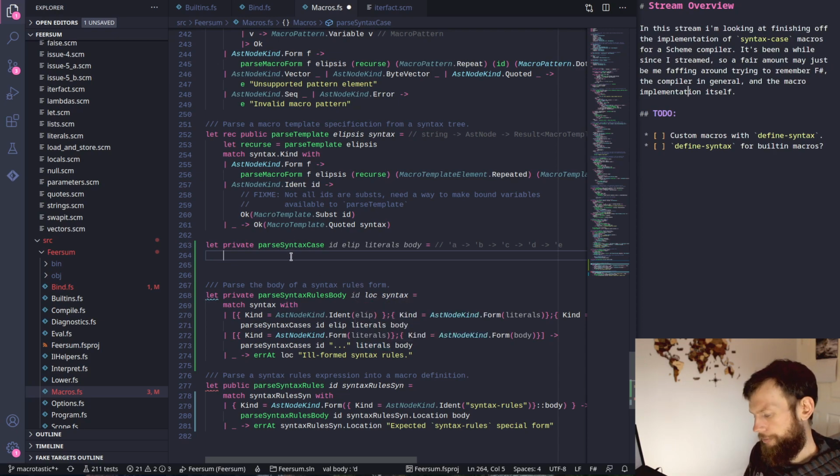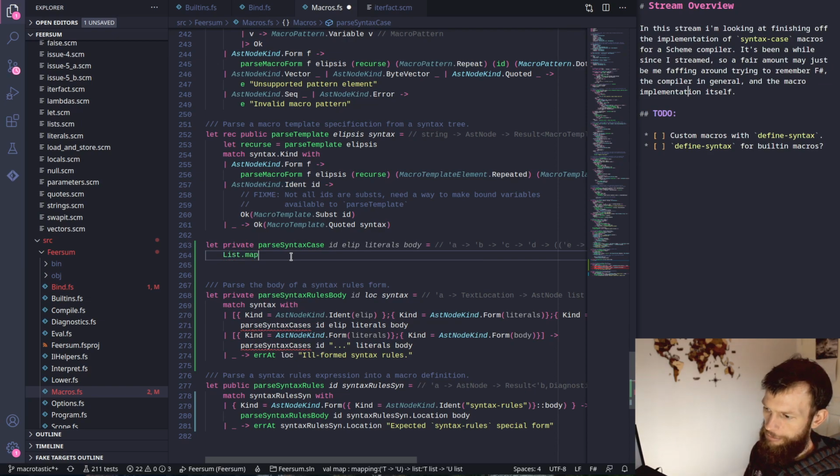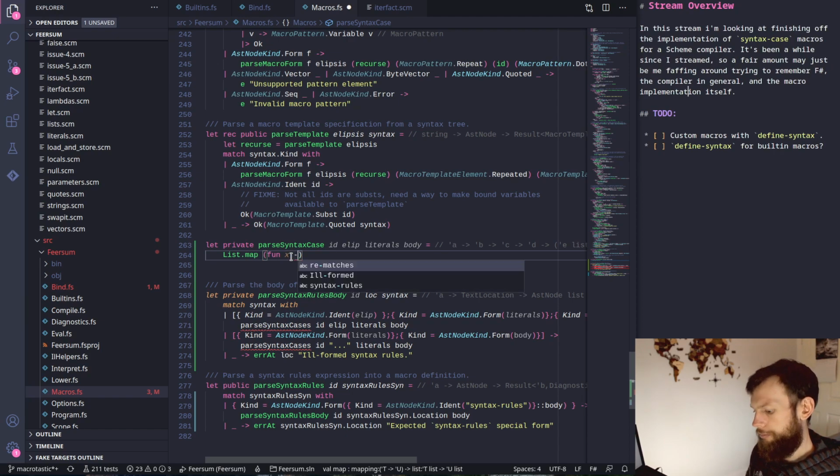So let's do list.map, which takes the AST node and we go match